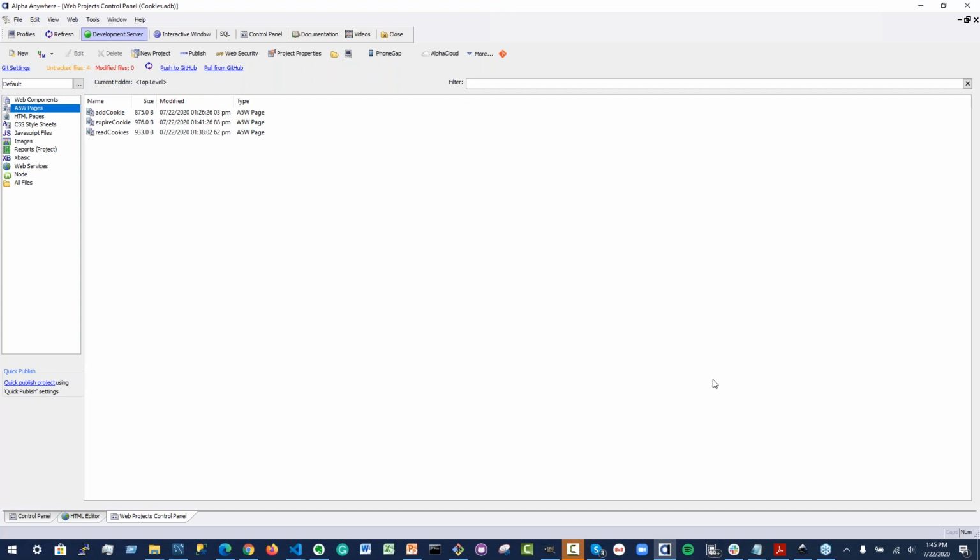Now, built into Alpha Anywhere currently is a service called PhoneGap Build. PhoneGap Build is different than PhoneGap. They are separate. PhoneGap is this collection of software and plugins and is an open source project that we plan to keep using for quite a while to come. PhoneGap Build was a simple way of taking those PhoneGap plugins and your HTML5 application and wrapping them together into